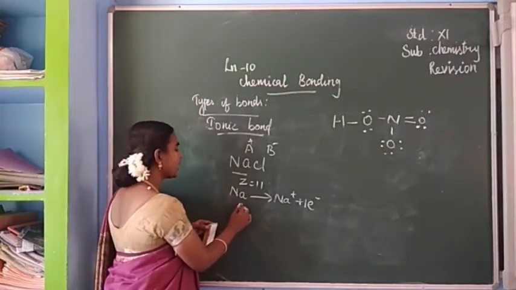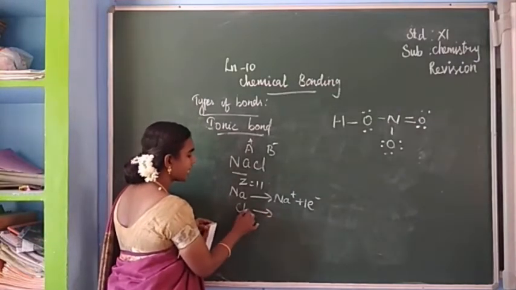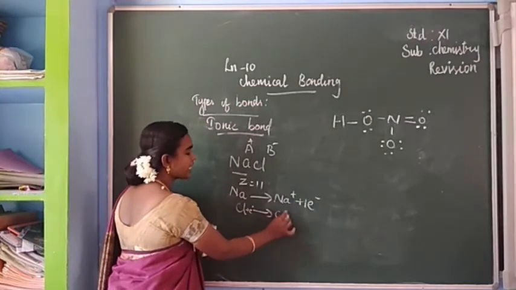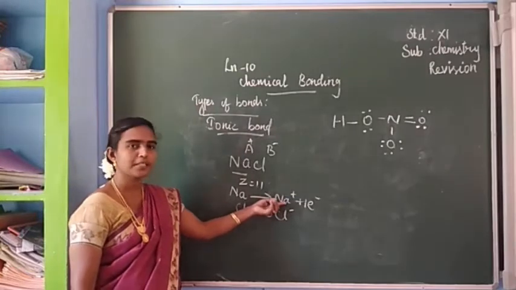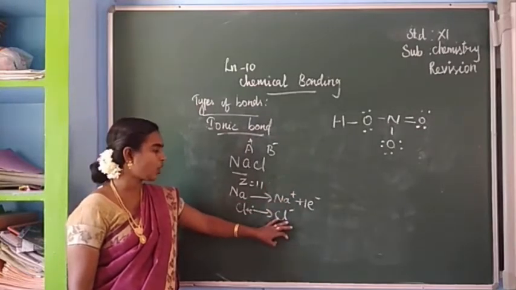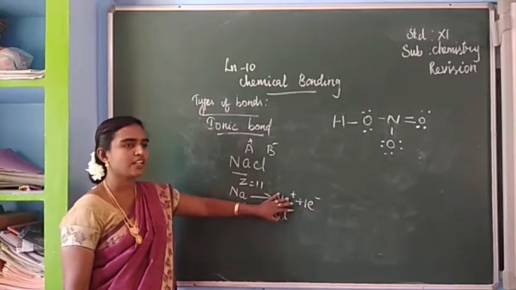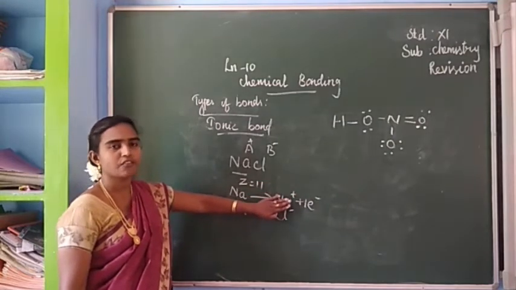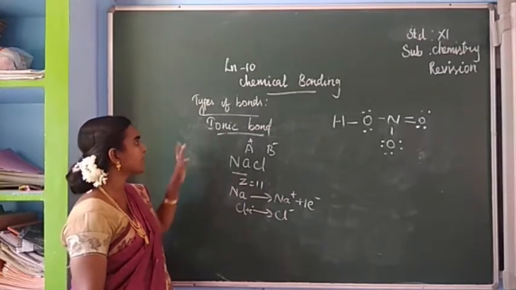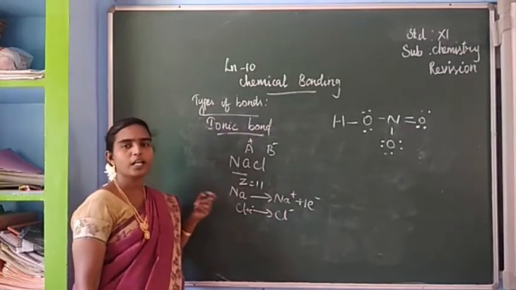Next, the chlorine atom, after getting the electron, becomes Cl-. Now there is an electrostatic force between this cation and anion. As a result of this electrostatic force, a bond is formed that is called an ionic bond or